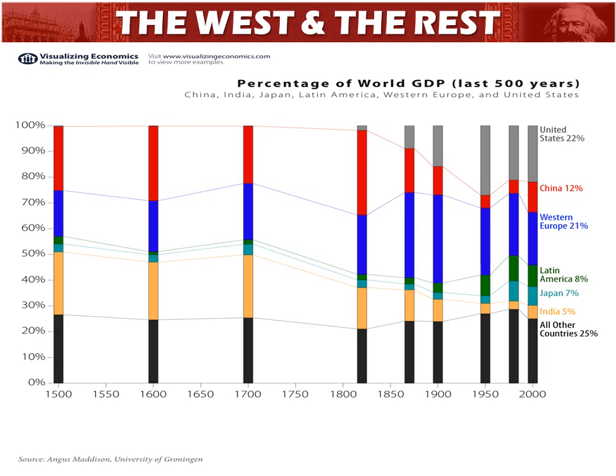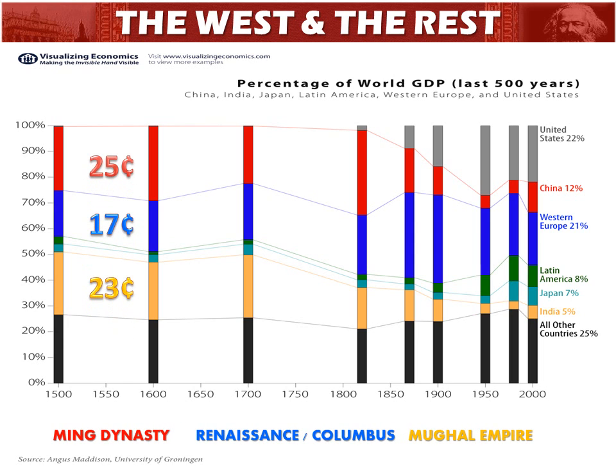So in 1500, which is about the time, let's say, Columbus discovers America, we have the Ming Dynasty more or less at its height in China, and we have the Mughal Empire in India. At that time, about 25 cents of every dollar is produced in China, and about 23 cents of every dollar is produced in India. So it's almost 48% of the world's economy in those two regions. Compared to that, Europe, or Western Europe, meaning basically Germany over, is only producing about 17 cents of that dollar, or 17% of the world's economy.